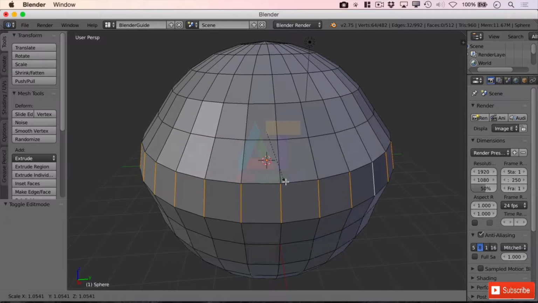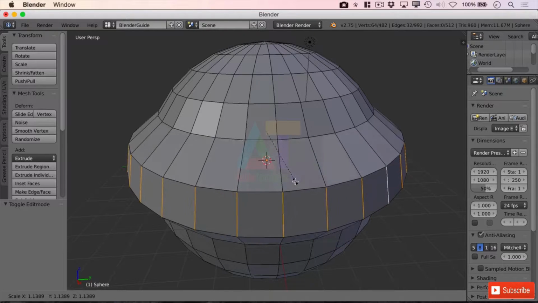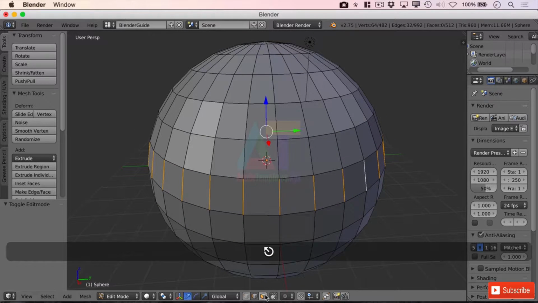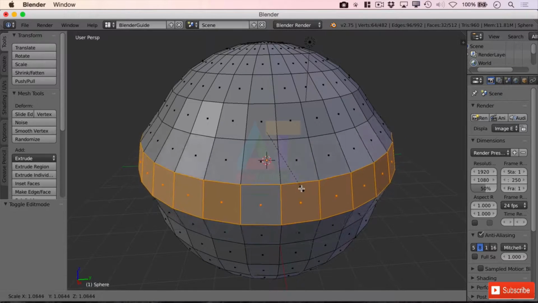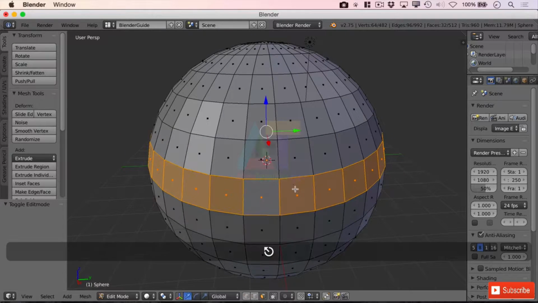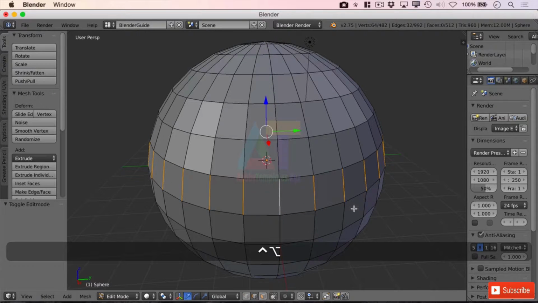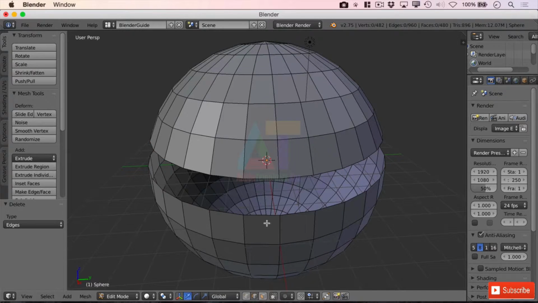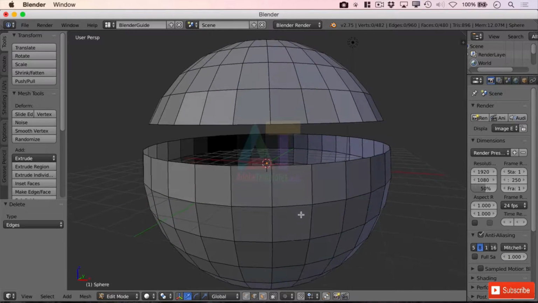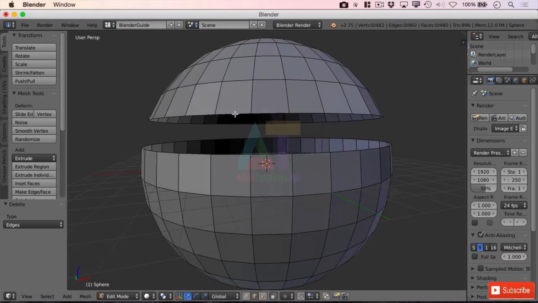It's very similar in some of the operations, because if we scale that in and out, it will operate in a very similar manner as scaling the face ring in and out along there, because you're manipulating certain edges. But it does give you more control over the geometry, so if you ever need to delete a certain series of edges, so if we deleted those edges and edges alone, we've cut the top of our ball in half,